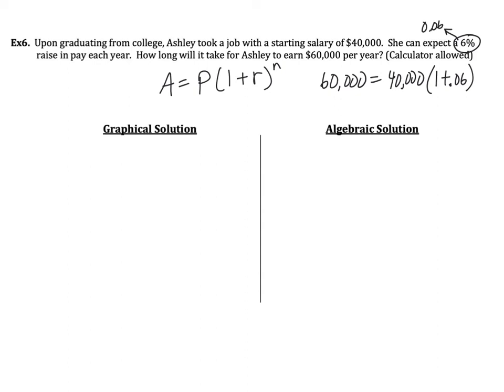And then we want to know, how long will it take? Well, I shouldn't have put an n. That was really a t. That's the amount of time. So we're trying to solve for t, which is an exponent. So now we can use logarithms to help us if we want. So if I took my 60,000 here and did it algebraically,